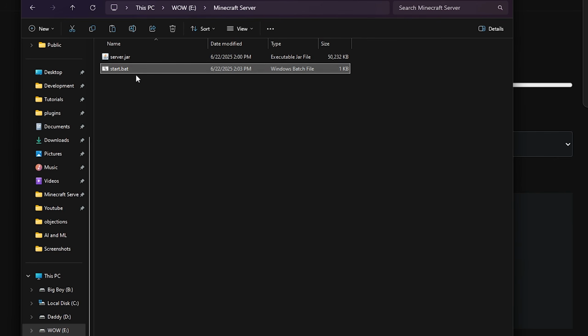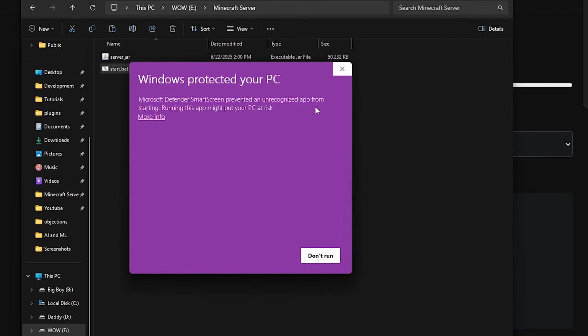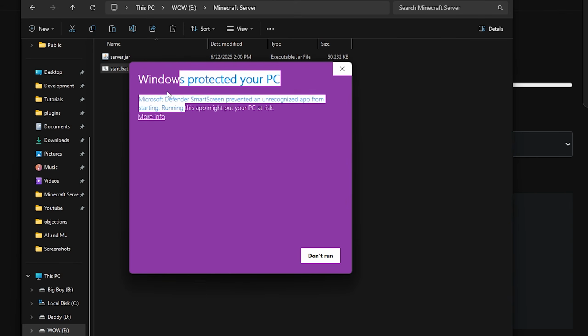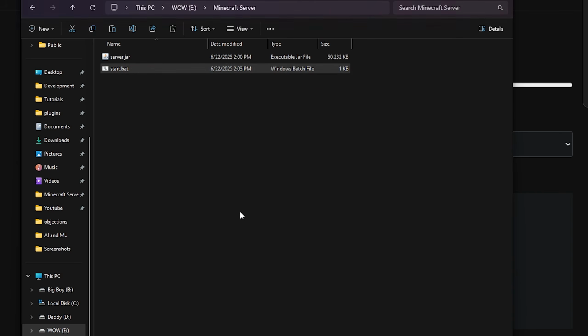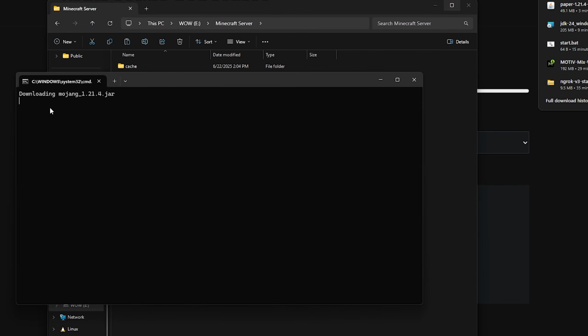So now we have a script that we can use to run our server. To do it, just simply double click it. You're going to see probably a little warning here, but this is just Microsoft Defender trying to protect you from viruses. We can click run anyway instead. And now you can see a terminal pops up and it's downloading the Minecraft server and setting everything up